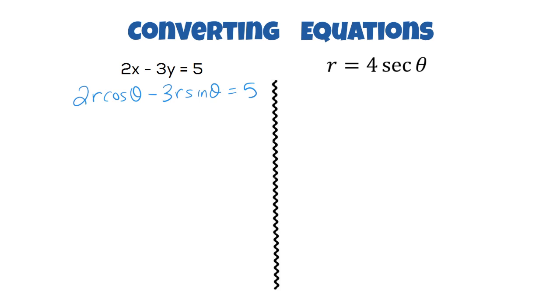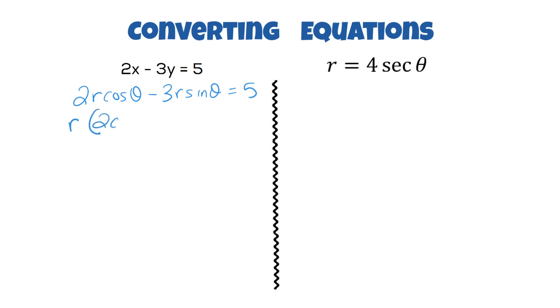Now, there is kind of a proper way to write polar equations. And just like in rectangular system, we like them to be y equals, and your calculator forces you to do y equals. Okay, same thing here. Polar equations are typically written with an r equals. So what I need to do here is get my r isolated on one side, everything else on the other. That's a little bit tricky because the r is caught up here, but I have a different r caught up here. These are not really like terms that I combine, but what I can do is factor the r out of there, and that's what I'm going to do. Let's factor out the r,